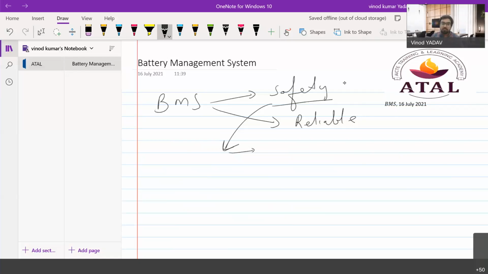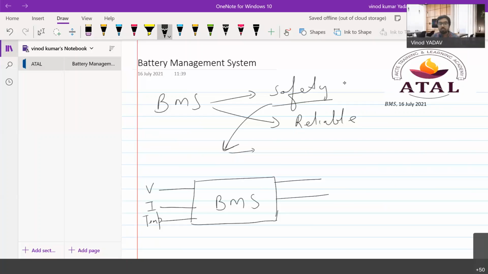And if I draw the black box of this battery management system, like sir has already indicated, the battery management system basically senses three parameters, that is voltage, current, and temperature. So it runs an algorithm with these three parameters, and we have four output parameters to look for, that are the SOC, that is the